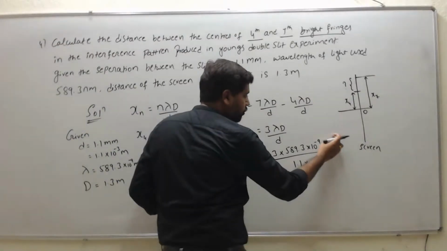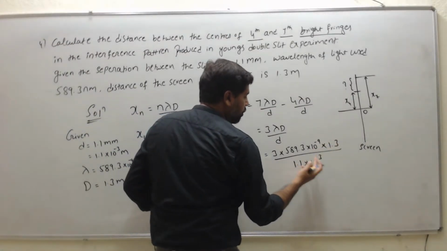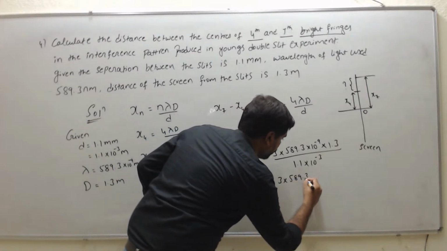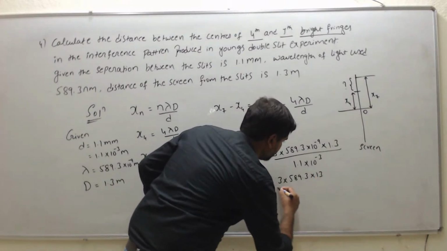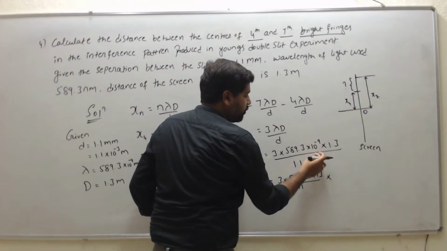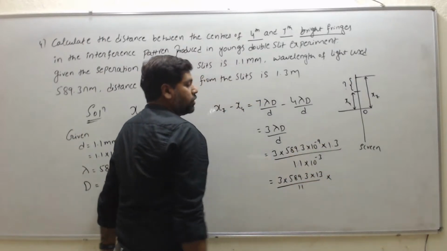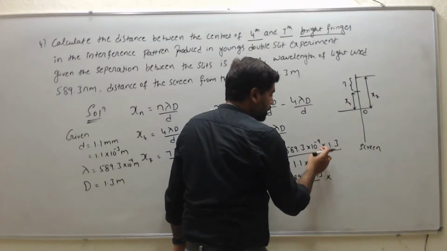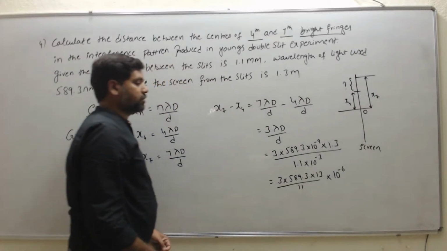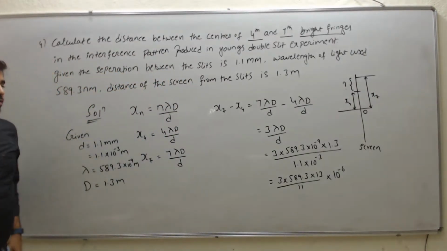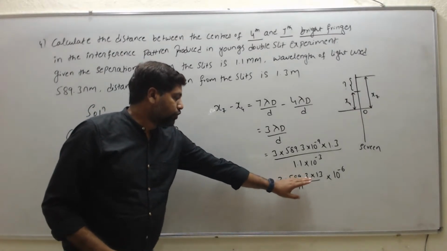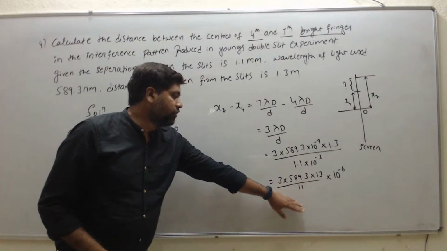So here we can shift one digit and here also we can shift one digit, then it becomes 3 into 589.3 into 13 divided by 11 into 10 to the power of minus 9. If we shift 10 to the power of minus 3 to the numerator, then it becomes plus 3. So minus 9 plus 3 becomes 10 to the power of minus 6. Right? So now by using the calculator, if we substitute the values 3 into 589.3 into 13 divided by 11,